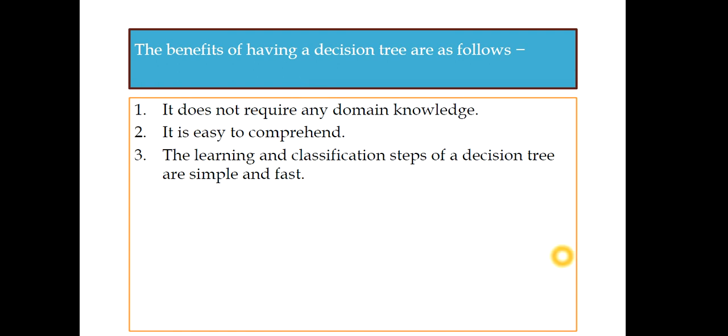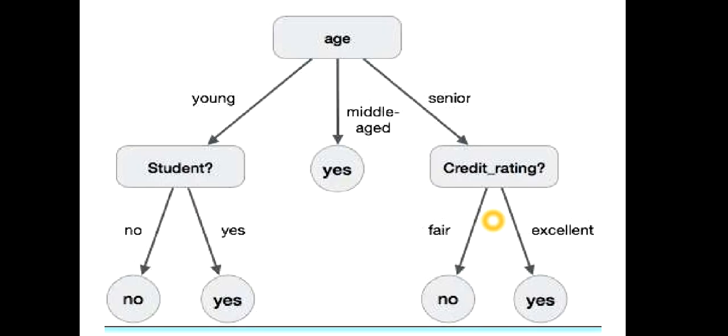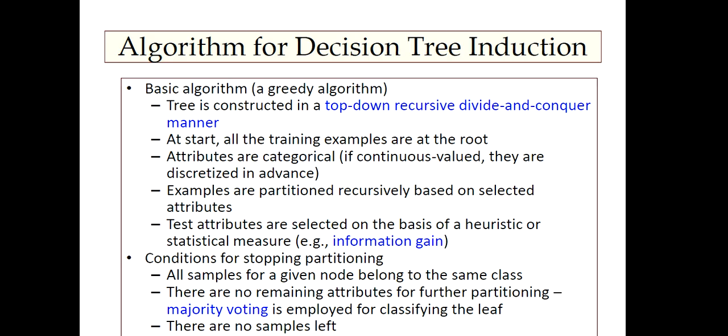I hope you are able to get what is a decision tree and how to construct one decision tree from the given data set. So I talk about the basic algorithm. If someone asks you what is the basic algorithm for decision tree induction, then I'm going to give one such algorithm for you. And this basic algorithm is a greedy algorithm. So steps are: